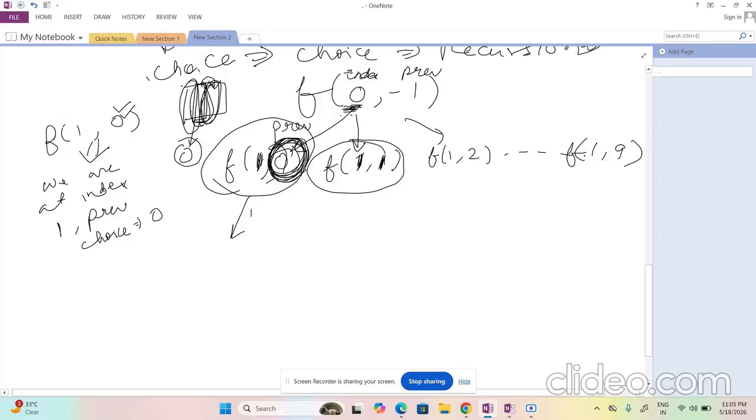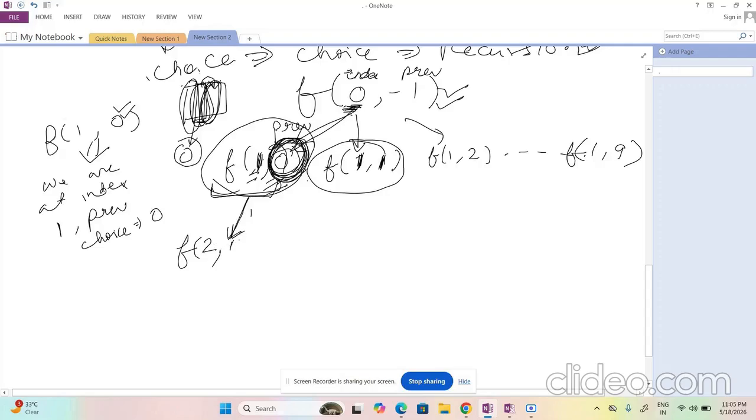So this is the state, and this is the transition which we are making to another state. From this state, these are the choices we are making. From index 1 we can go to 2, and we have made the choice of 0, so we cannot choose 0 here.